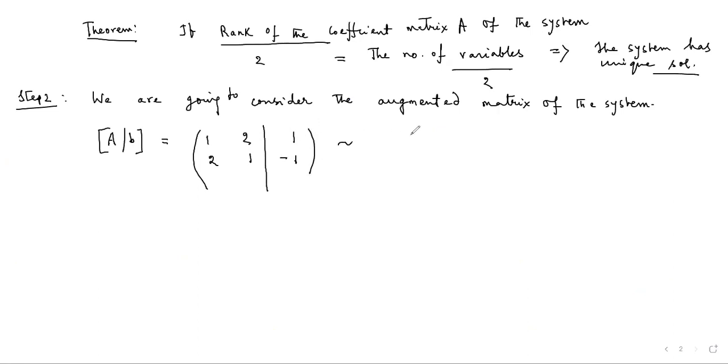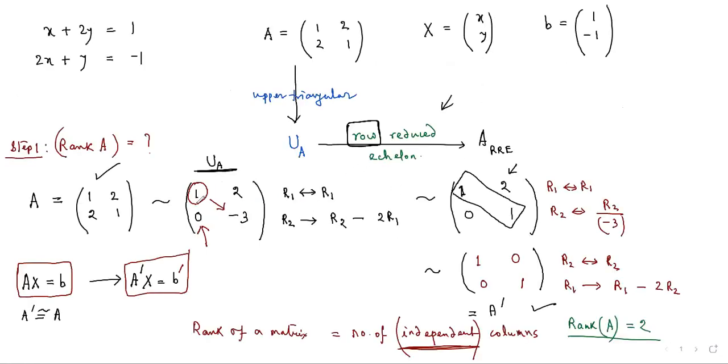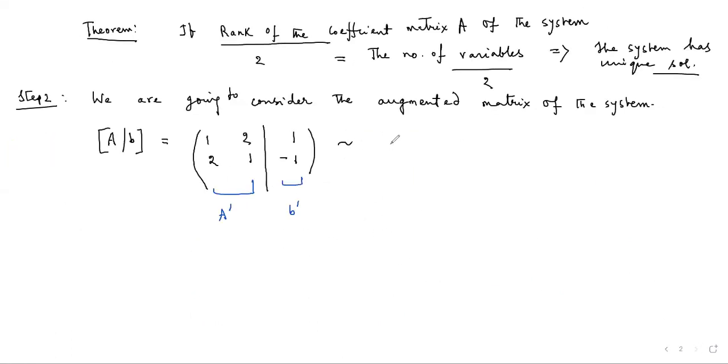Now what I'm going to do is quickly do the same sort of operation on this particular augmented matrix, so that on the left hand side I get A prime, and here I get B prime, and let's see what comes out of it. I know already what my operation should be. I'm going to apply the same sort of operation as I applied over here. So my first job is to keep R1 fixed. I'm not going to change R1.